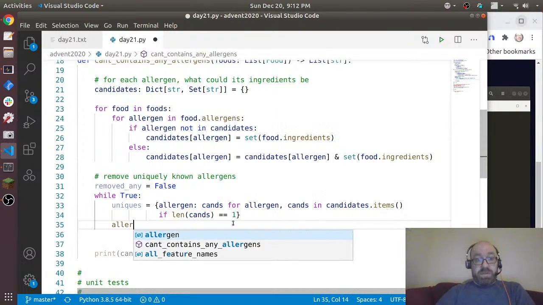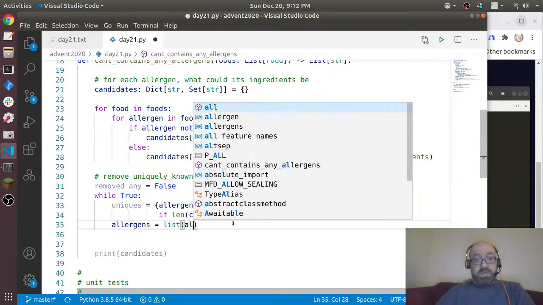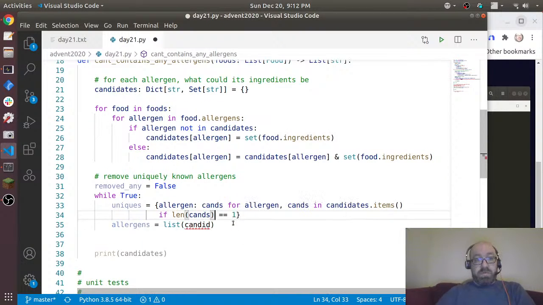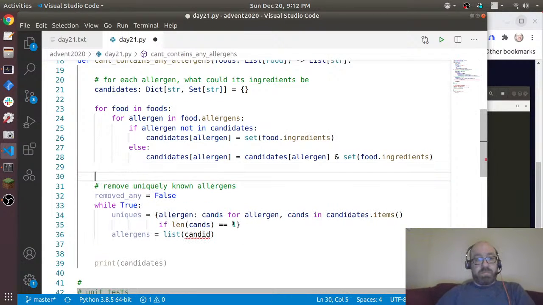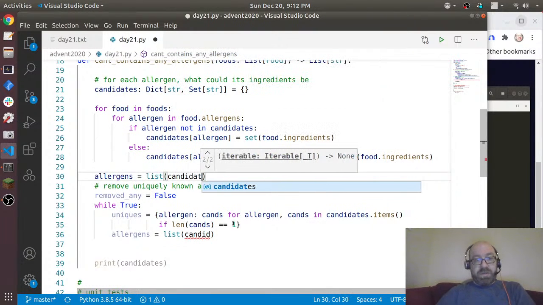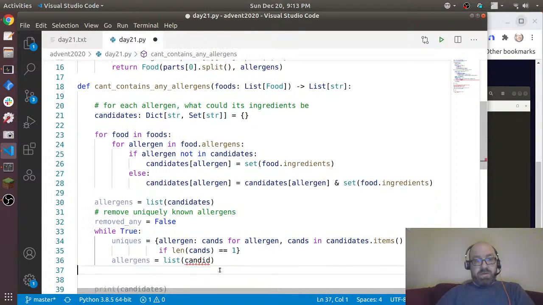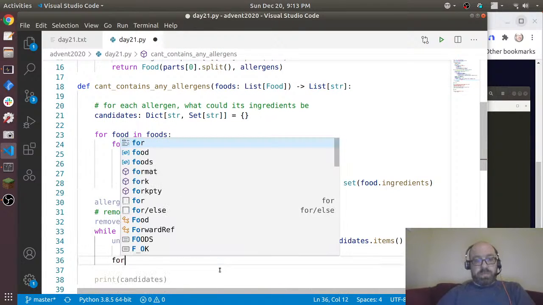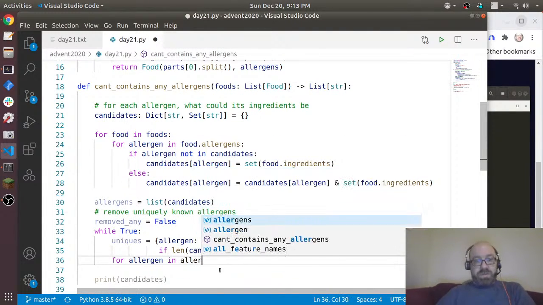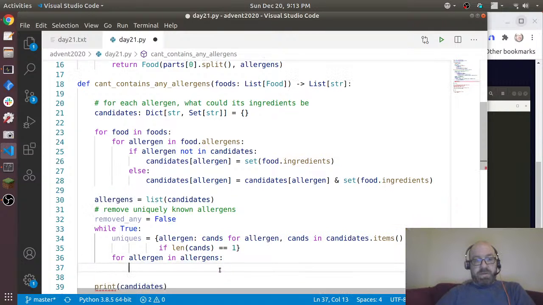So let's say allergens equals, I'm just going to say allergens equals list(candidates). So I already have that. For allergen in allergens,